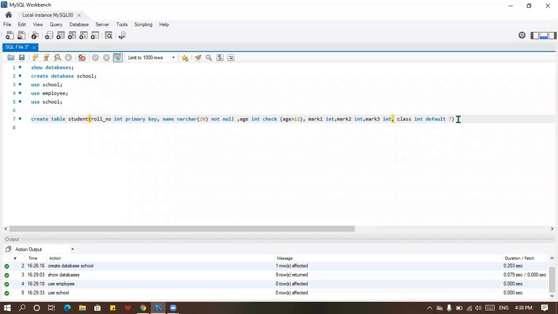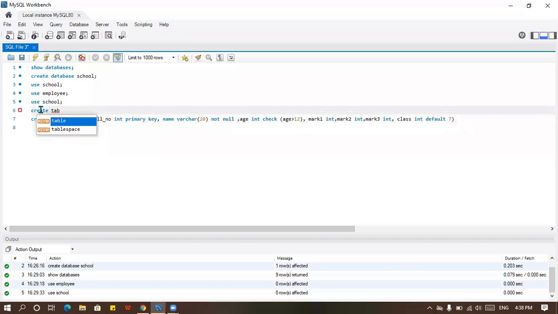Yes, ma'am. Okay. Ma'am, then for foreign key? For foreign key, we have to create a new table and then we can use the foreign key. So for example, let me create a table address. Create table address and then